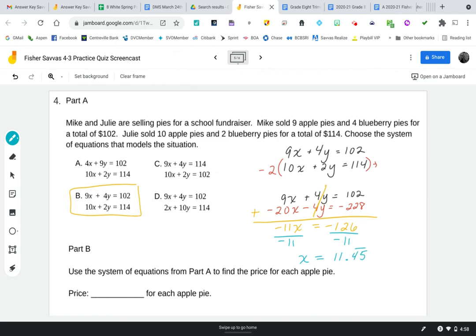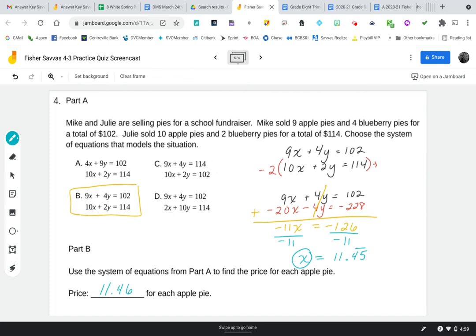So it was 11. So if we want to round up on this for the cost of each apple pie, since we know that X represents an apple pie, we can round up. So you can just say that it's about $11.46. Now, if you actually went and solved for Y in this system of equations, you would